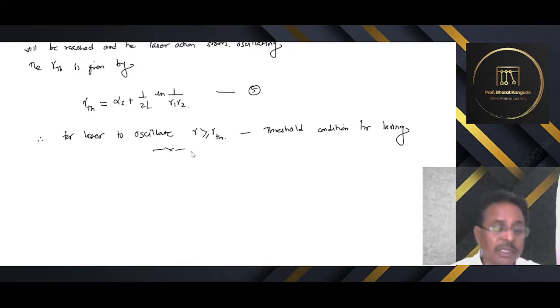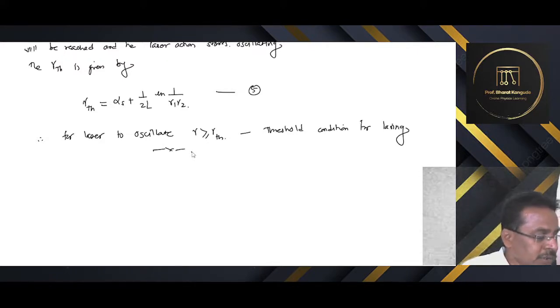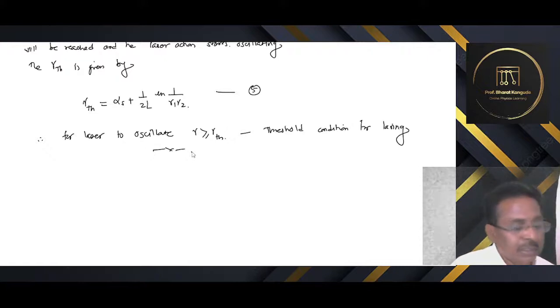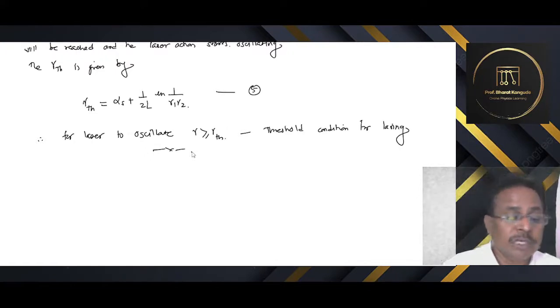Today we will stop here. In the next lecture we will go for critical population inversion, then the condition for steady state oscillations, etc. These things will be discussed in the next lecture. That will require half an hour or 1 hour to complete, and then we will finish chapter number 2 also. Okay, let me stop the recording.